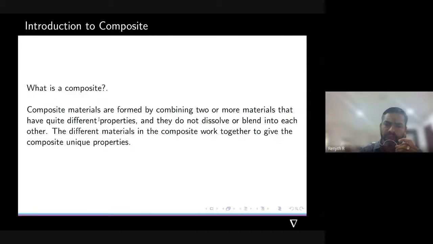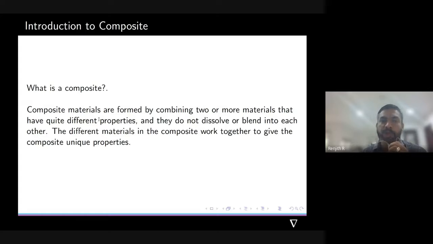If we mix these materials together, we get unique properties. We can even set the properties in the desired direction. For example, in a particular direction I want high strength, and in the direction perpendicular to it I want lesser strength; we can manufacture a material like that. And sometimes I can change the density by altering the constituents.